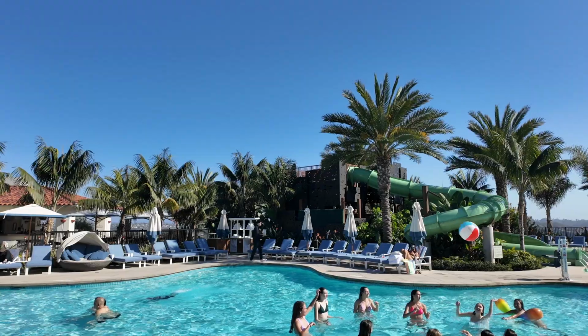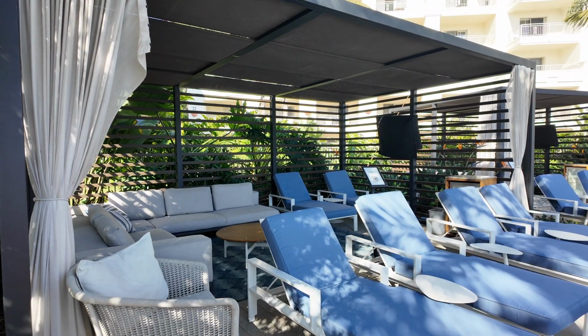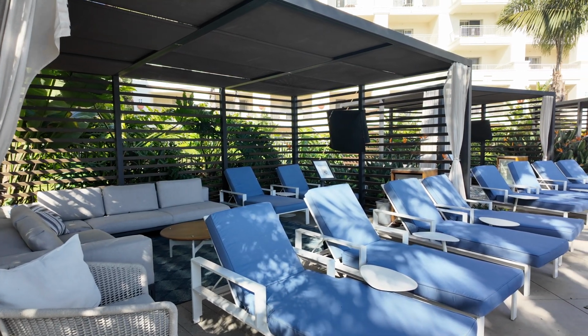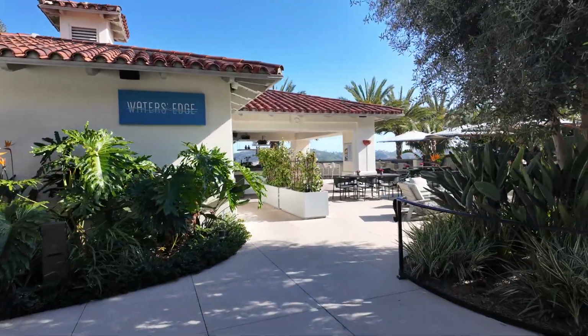Not gigantic by any means. I felt like it did feel a little busy. The resort was bought out completely before we checked in, so I was surprised to see that many people checking in on the day of our visit. Cabanas, of course, for rent. And then Water's Edge is going to be the